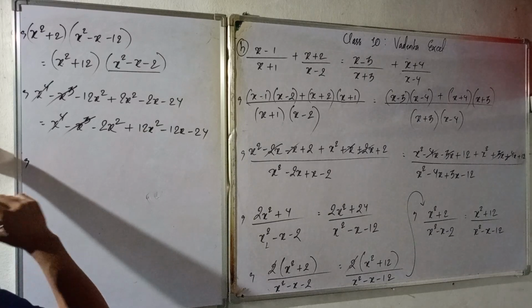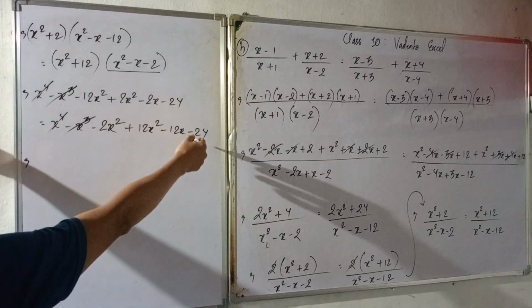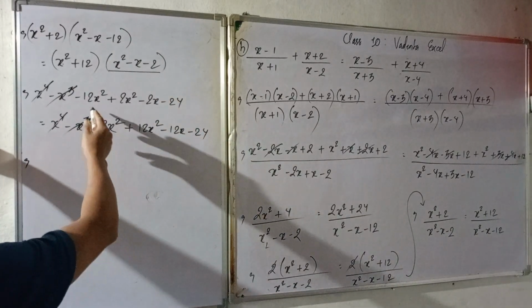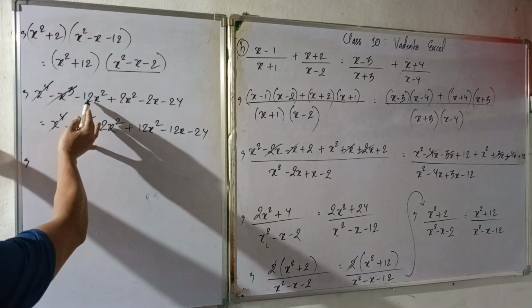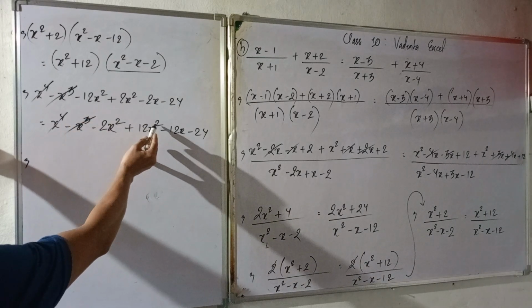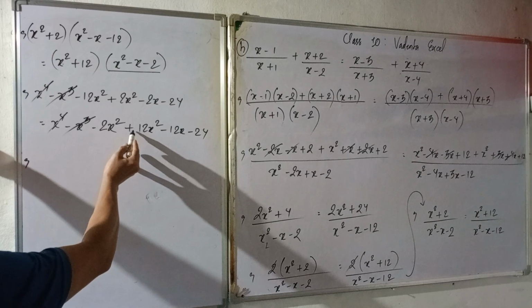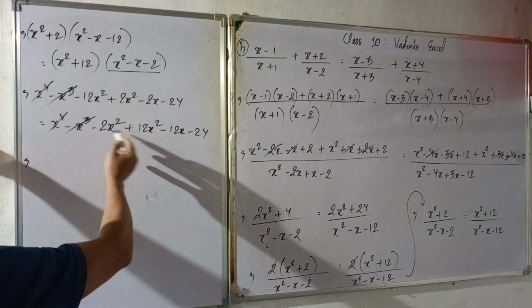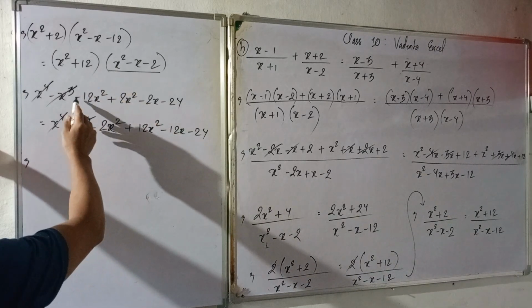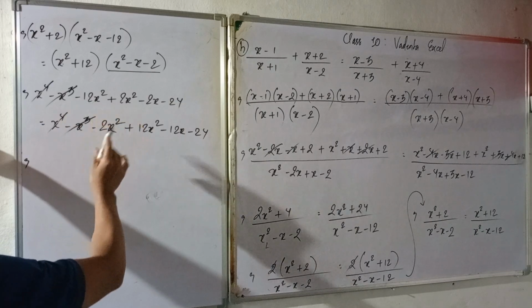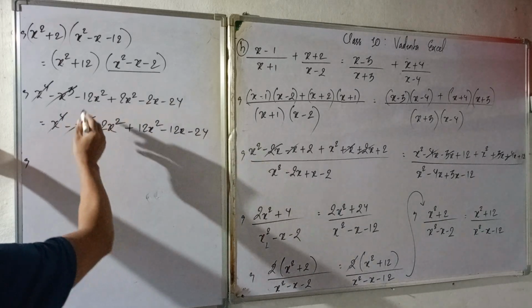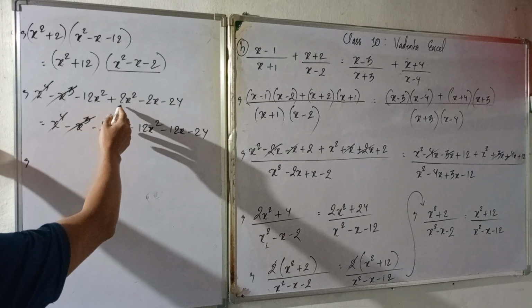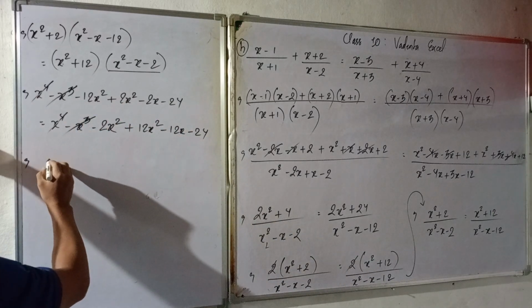Okay. Now, is there anything the same here? So it is minus 12x squared here, and it is positive 12x squared there. If there was negative 12x squared, this could be cancelled, but one is negative and here is positive, so it cannot be cancelled. Now let's see, minus 12x squared plus 2x squared, this becomes